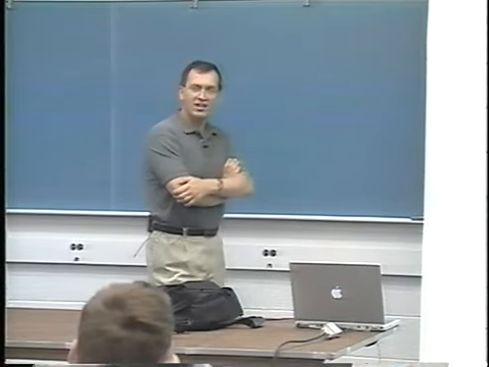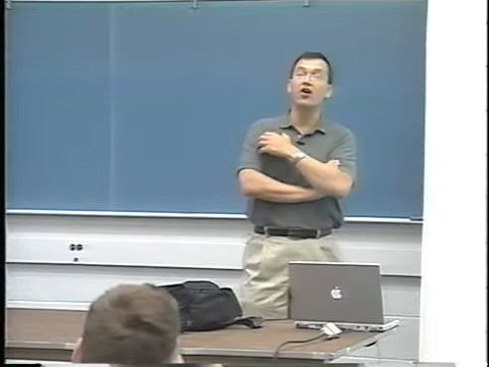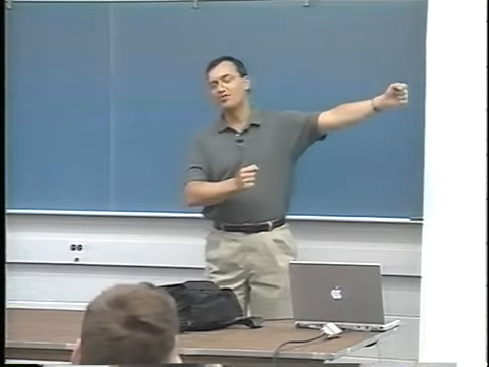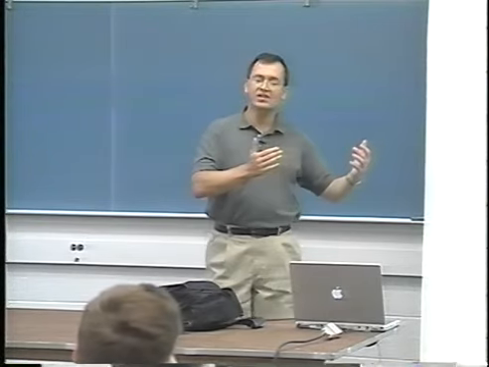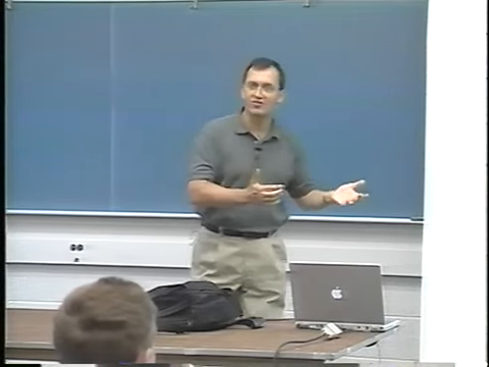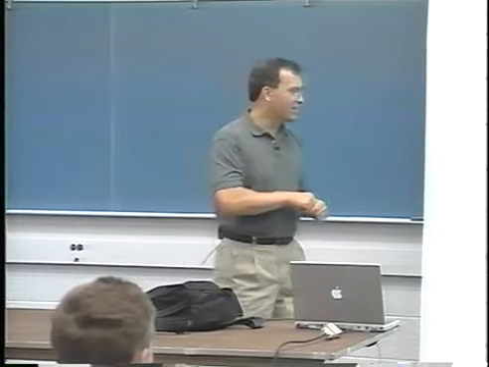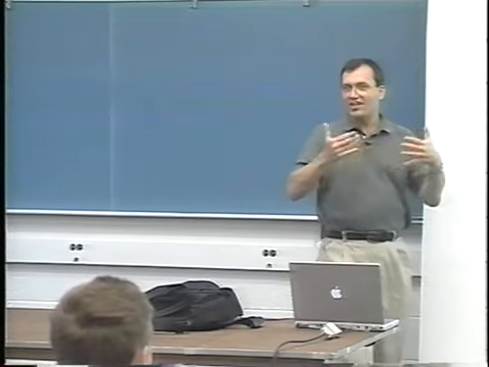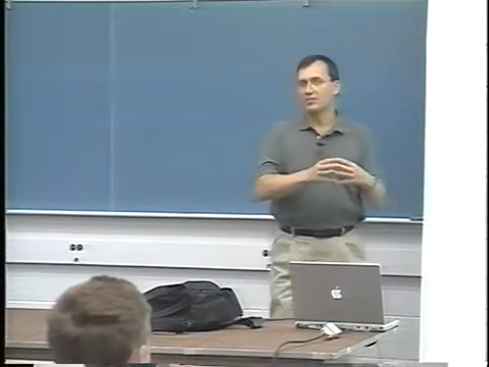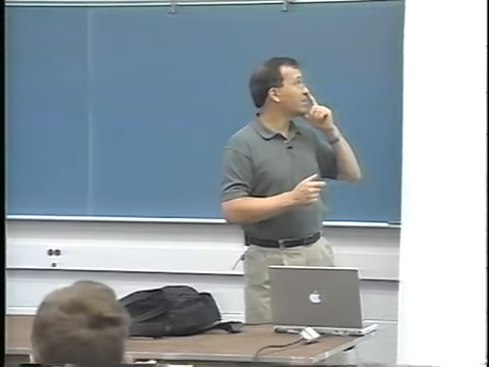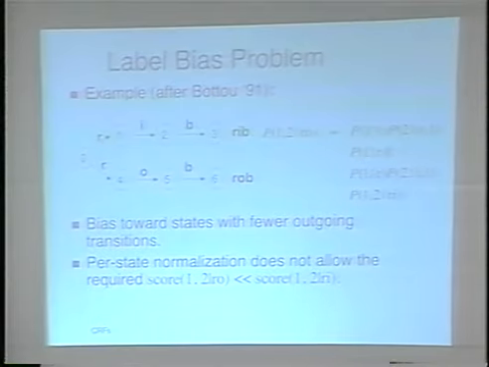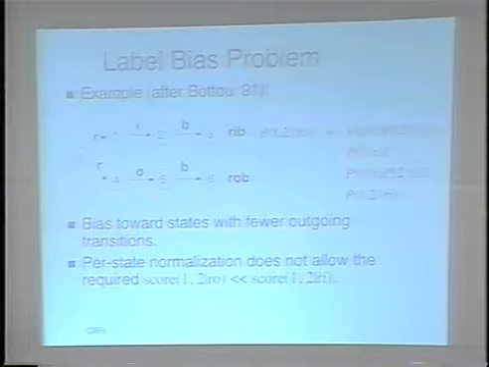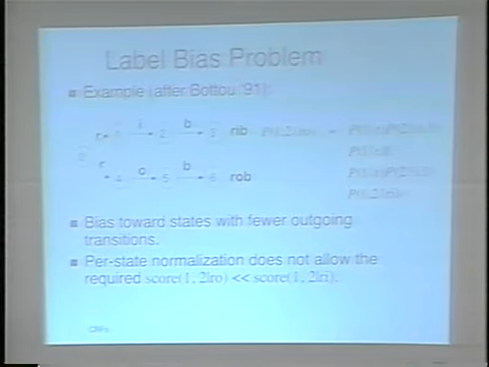So that's a puzzle, because if you are doing Viterbi decoding, you have the hope that the future is going to influence how you decide about the present. And yet, it seemed that you didn't really need to know that much about the future to perform well. Well, it turns out that these things are all symptoms of one and the same problem. This is the problem that Leon Bottou, who used to be at AT&T, found later on in trying to use discriminative training for HMMs, back in his thesis in '91.